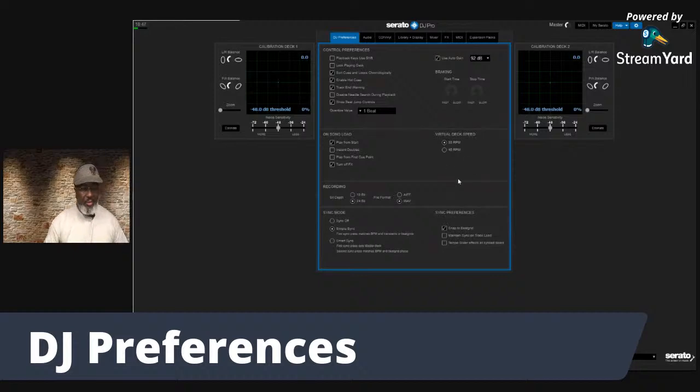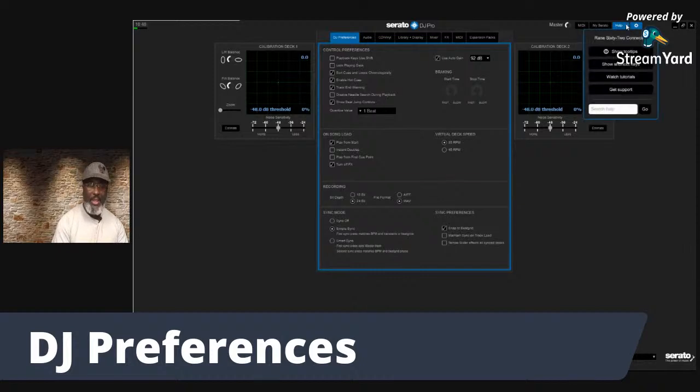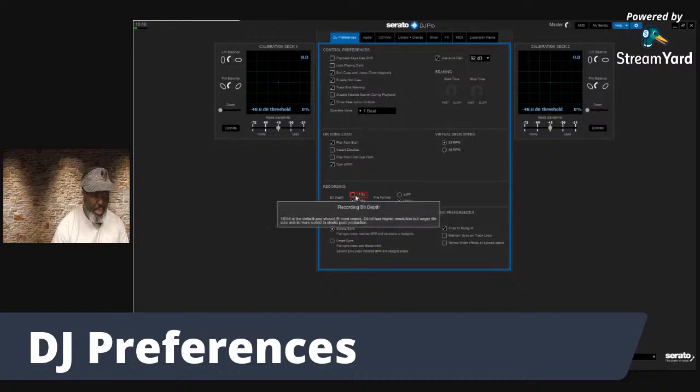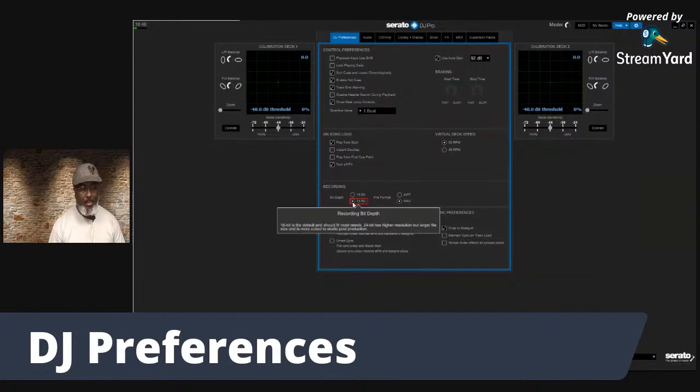All right, now the next one, this is recording based stuff. This is if you're using Serato to record. And this is going to be all based on your preference. You've got different bit rates and file formats. You could use a lower bit depth, which is 16 bit, or you could use a higher one. It says 16 is default. I would go with 24 for a higher resolution,